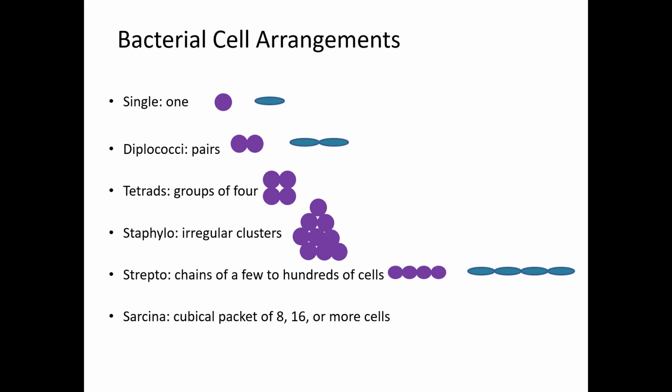And I apologize, on this slide here, I think it's a little misleading. Diplococci are just those two purple circles. For the two bluish bacillus cells, you would say it's diplobacilli. So diplo should have been the only thing I had typed there. So diplococci or diplobacilli. For tetrads, you will only see coccus cells in tetrads, because of the planes of